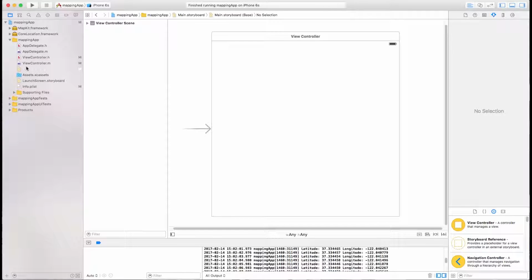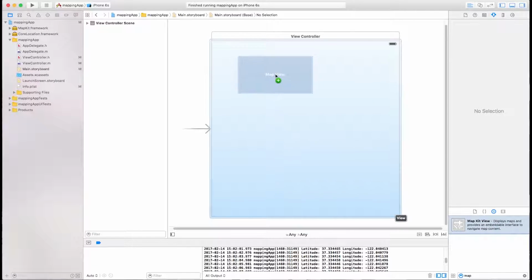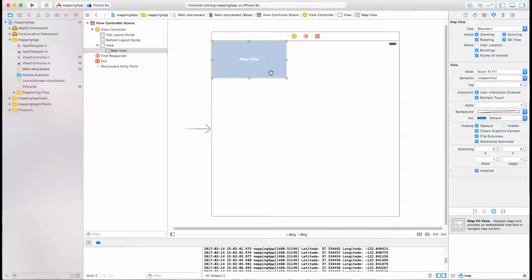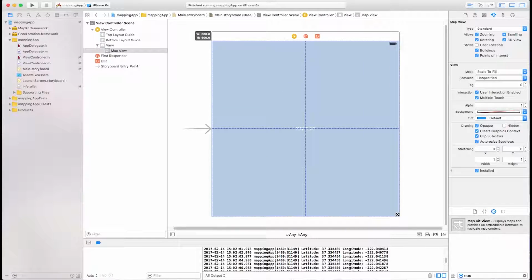So working within our view controller main storyboard, we're going to go to the bottom right and just type the word map, and this will bring up for us a map kit view. So I'm going to drag that into my project and stretch it out to fill the screen. So this will represent a map view once we test this in the simulator, and we will hook up our user's